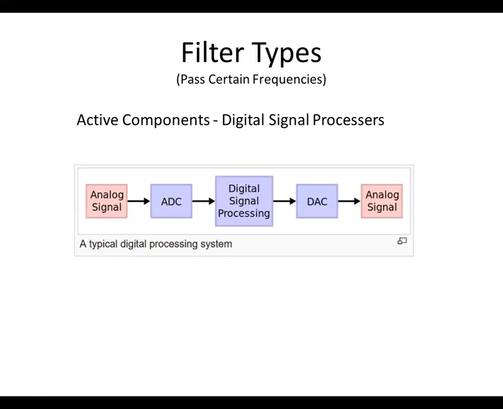The other type of filter, and you can do those passive filters that we just looked at with op amps, is active filters. You can get a lot more capability and higher performance out of the active filters than you can the passive, at the expense of more complexity and more cost. So the third type of filter we talked about was a